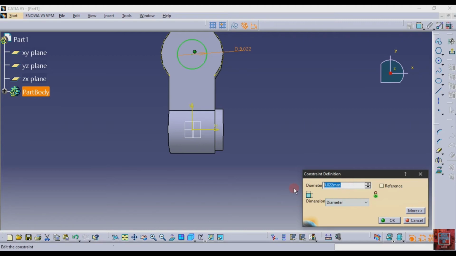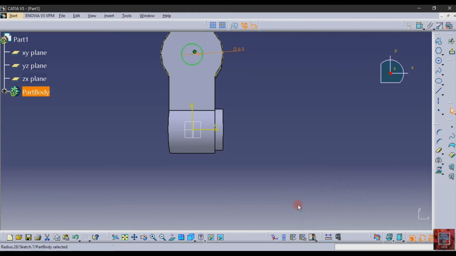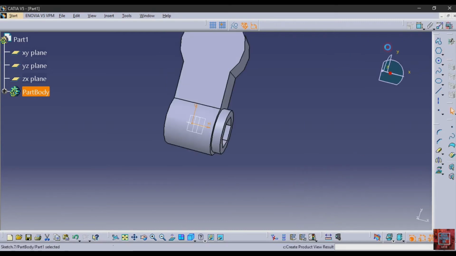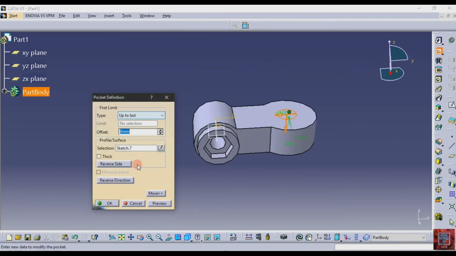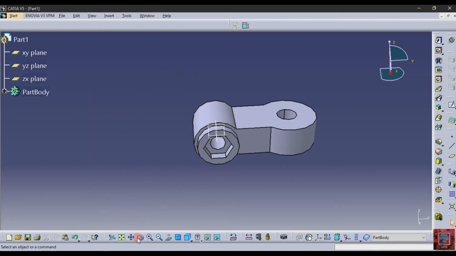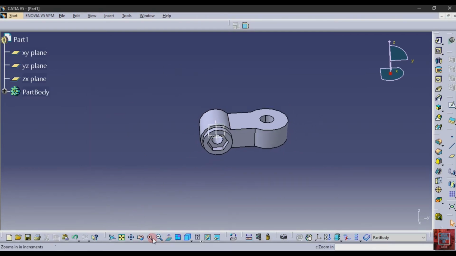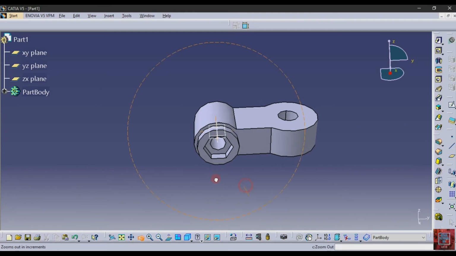Dimension diameter 6.5, then exit sketch, pocket, up to last, preview. Okay.